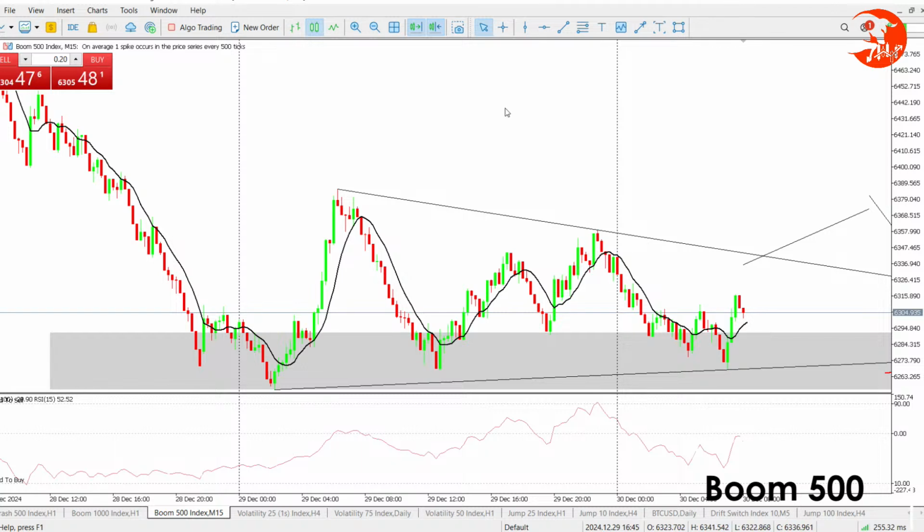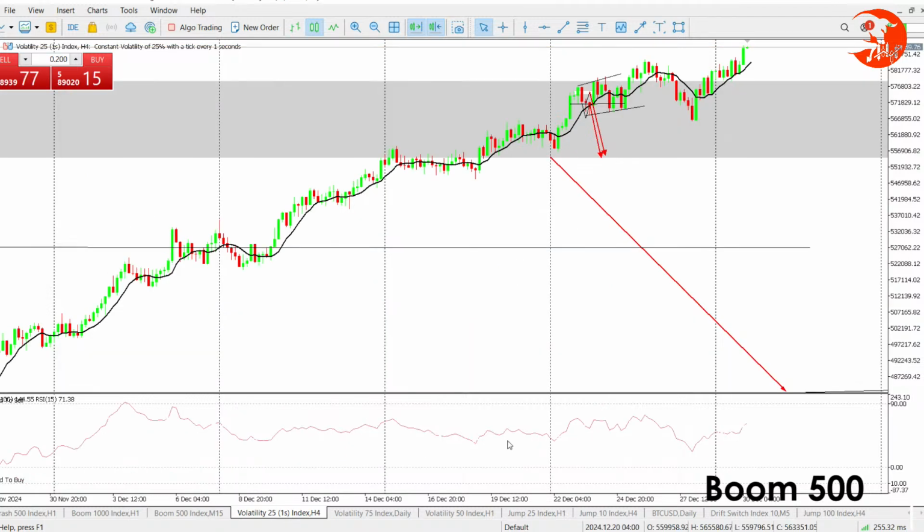That said, now let's head over to another asset, which is Volatility 25. So, Vol 25,